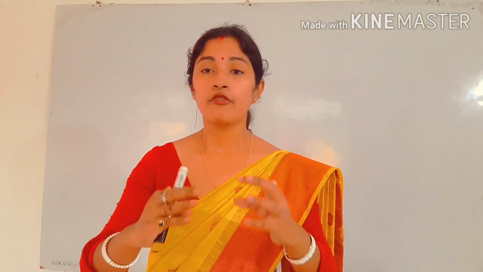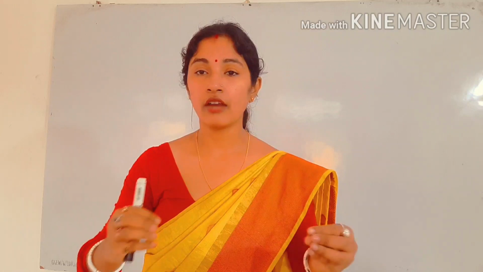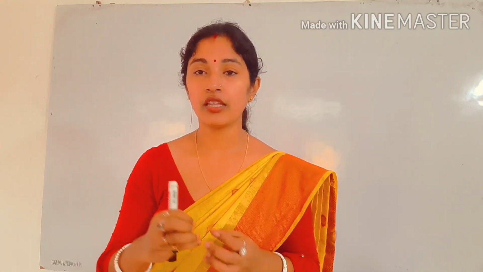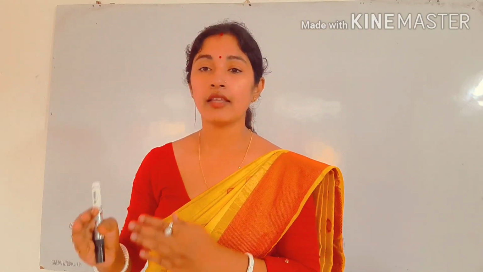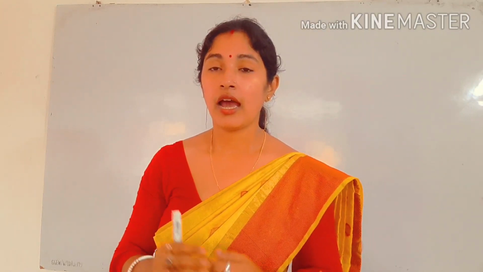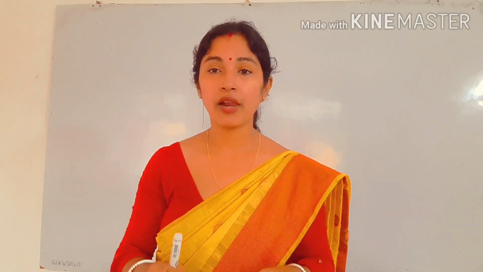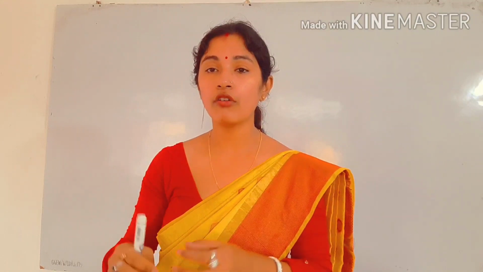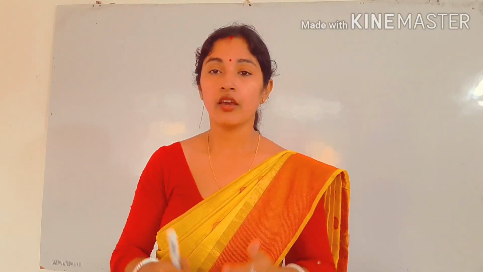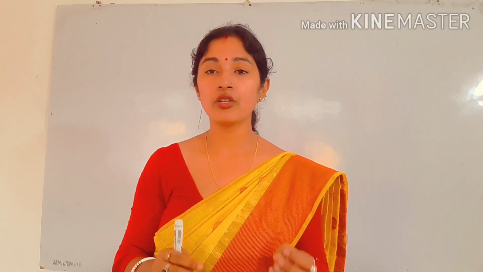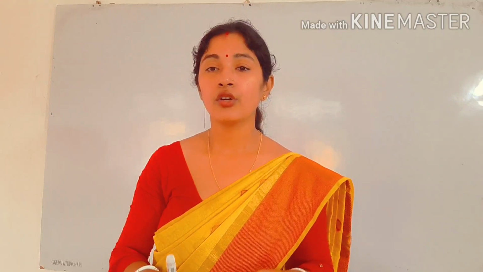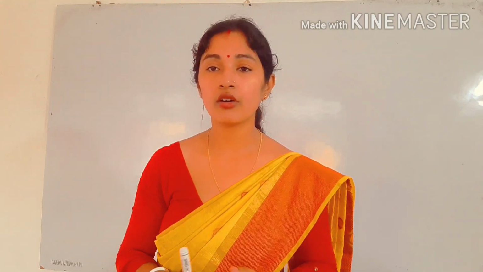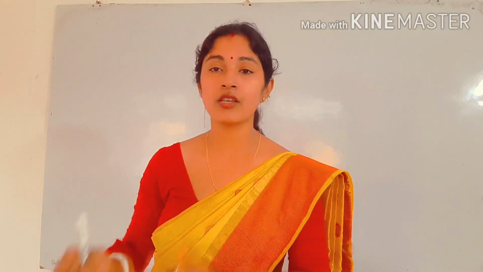First of all, what are factors? See, if we take two numbers and we multiply them, then we will find the answer, and the answer is called the product. And the numbers which are multiplied are called the factors of that product. For example, if I multiply 2 and 3, I will get 6. 6 is called the product, where 2 and 3 are called the factors of 6.